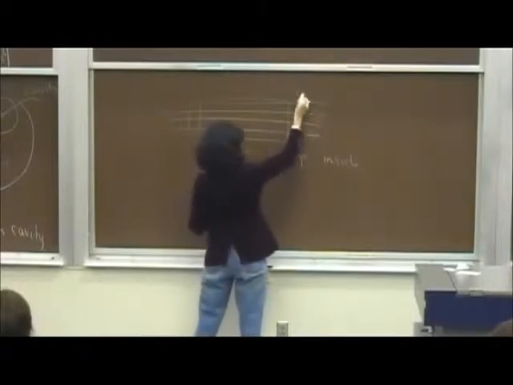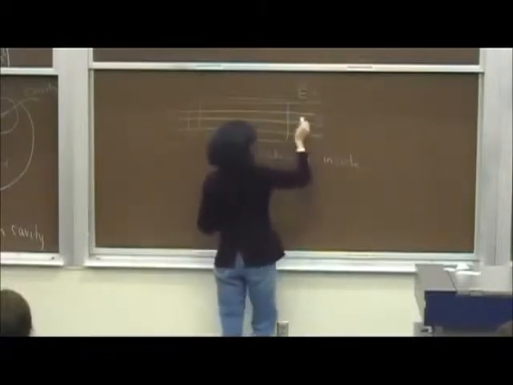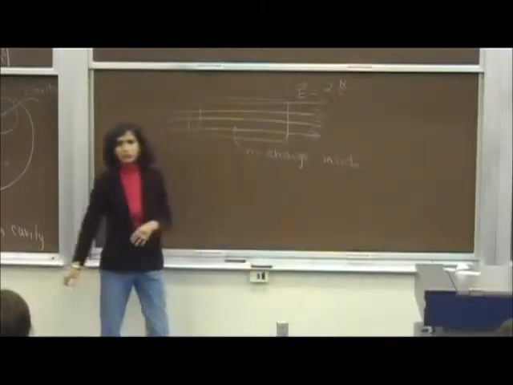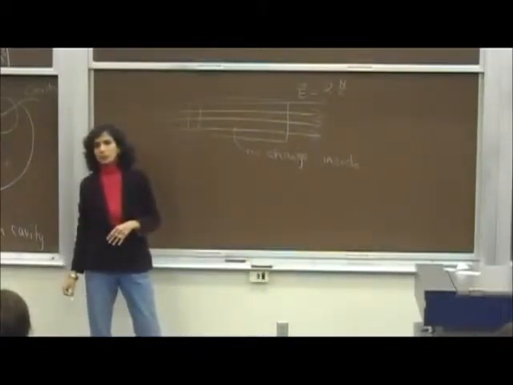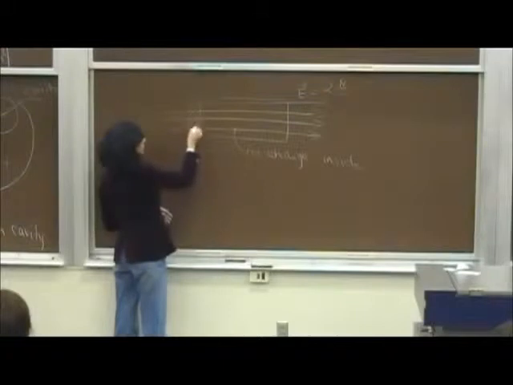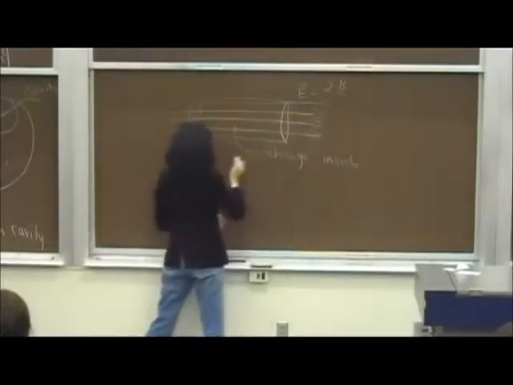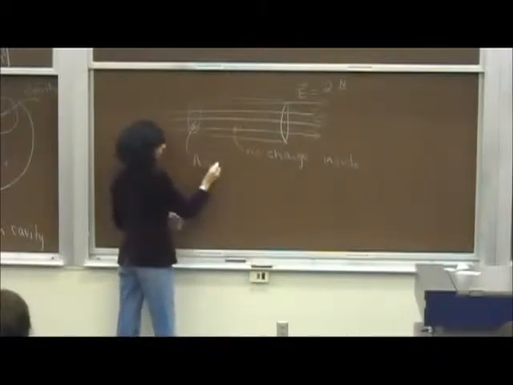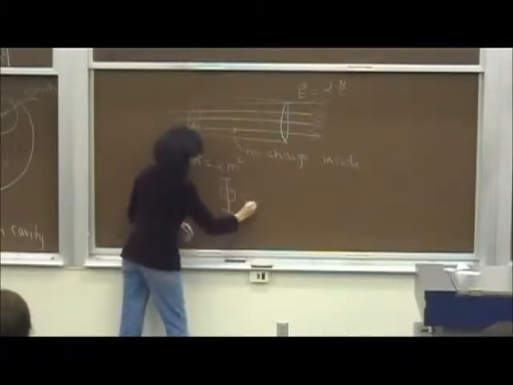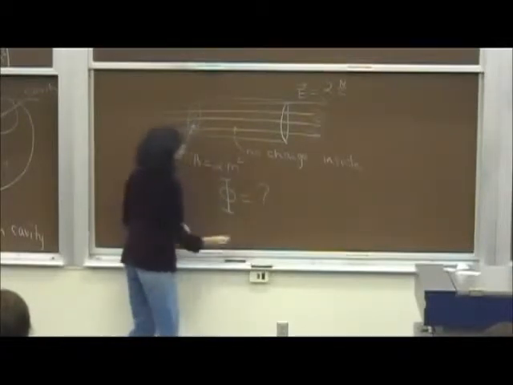So these are electric field lines. The electric field is constant and it is 2 Newton per Coulomb. Let me also give you something. Let's say that the area of cross section of each of these faces here is 2 meters squared. The question is, how much is the flux through